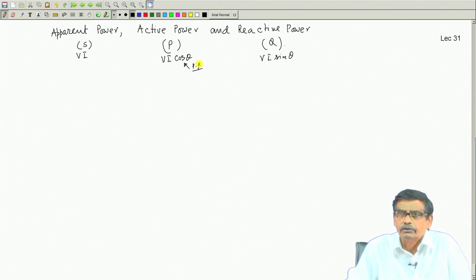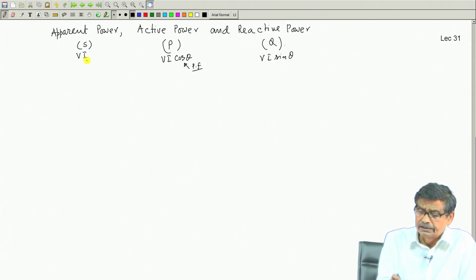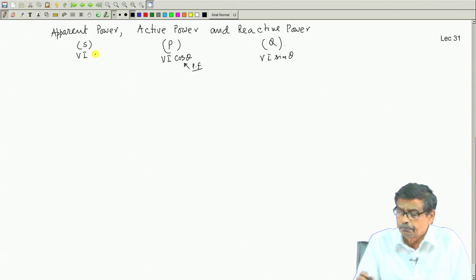Reactive power, as we know, is the power which oscillates between the source and the load. That power is never consumed by the circuit, but nonetheless it puts overhead on the transmission system, because the current value will then be more. Now, today I will tell you how to calculate S, P and Q